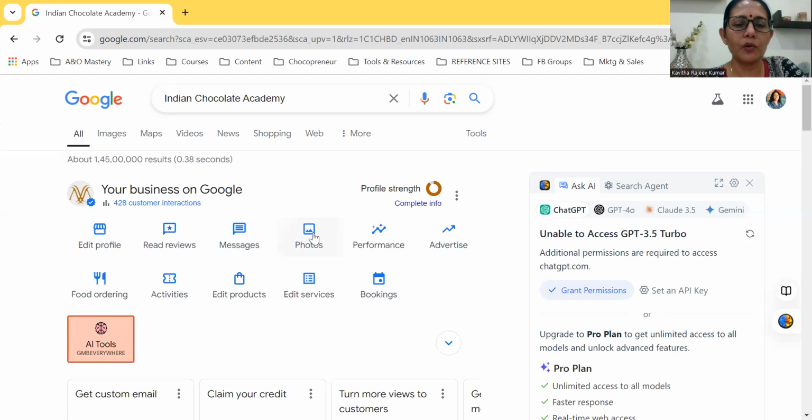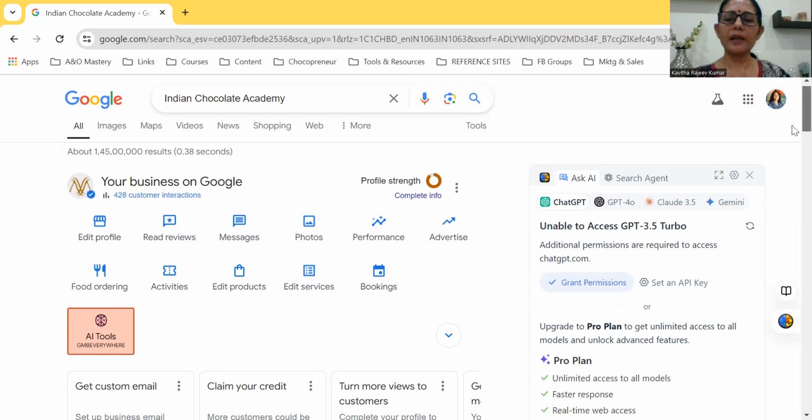But you can post photos and videos here. You will get the performance insights and analytics. You can advertise, you can order, you can post about your other activities, post about your products and services and get bookings.